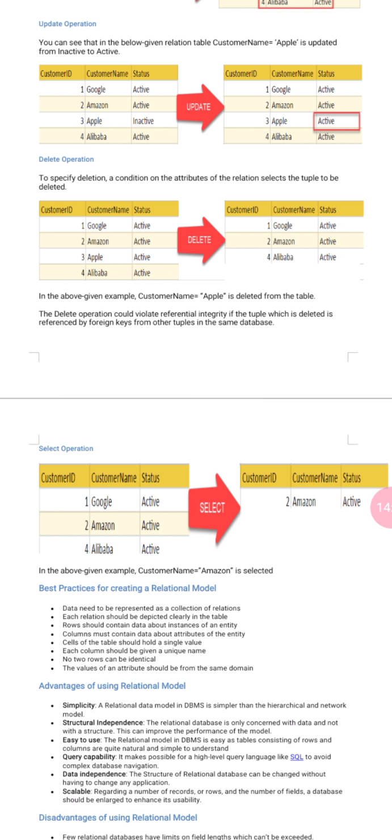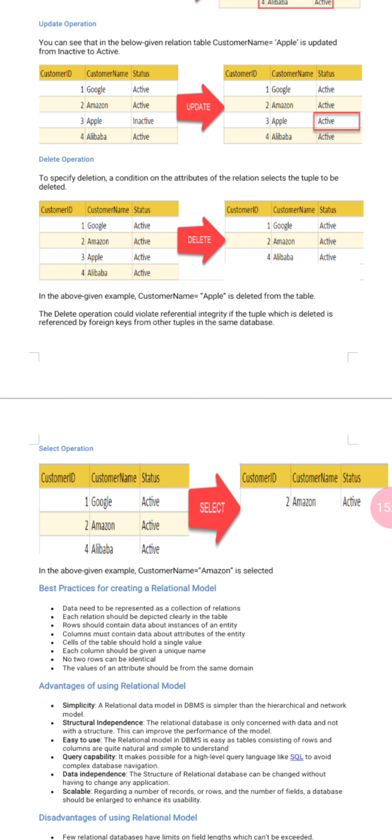But if we have to change Apple's status from inactive to active, then we have to update it. It's active now. For an update we have to update the information in the same table, not use a different table or row. The next new table is where the inactive to active update has been saved. Clear? After that is the delete operation.